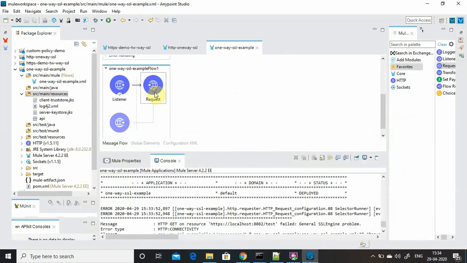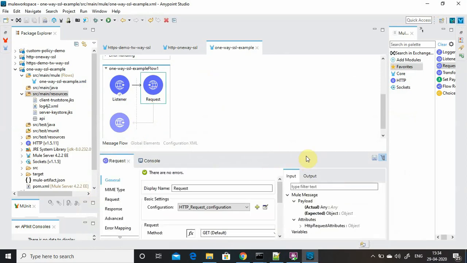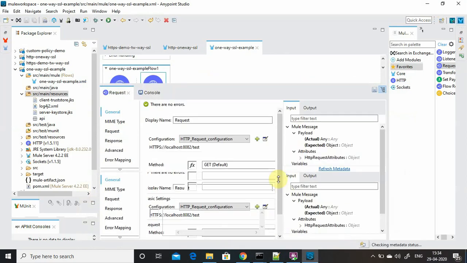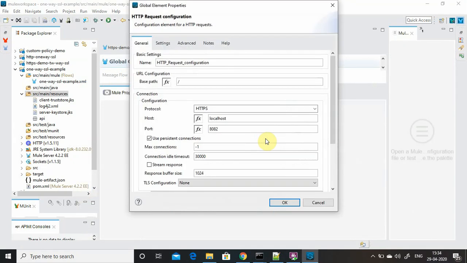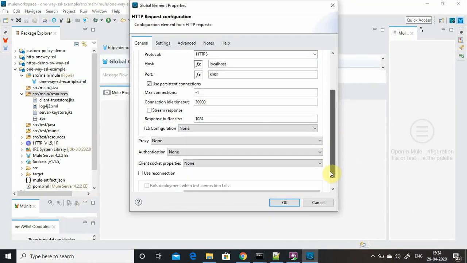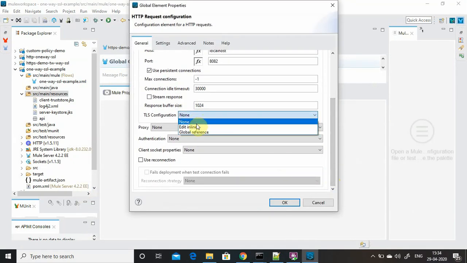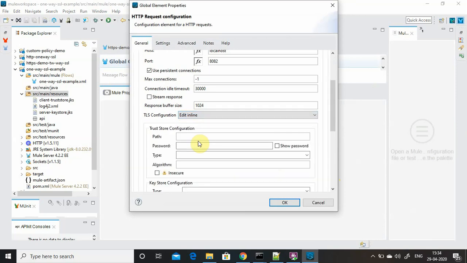It's simple. Go to the request, click on the edit button, go to the TLS configuration and edit inline, and you need to define the path. This time I will give the client trust store, which contains the public key of the server.